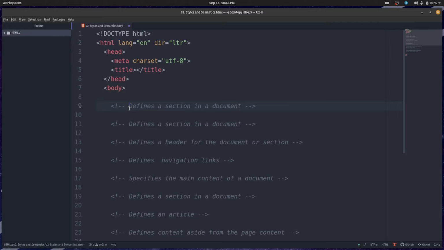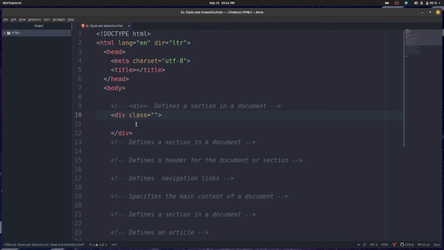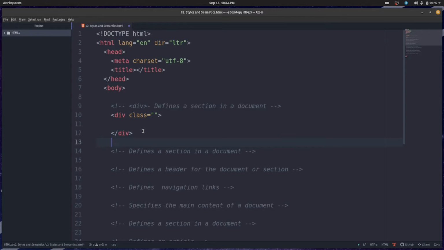The first thing we are defining is our div section, the div tag. The div is actually defining sections in a document. Basically if you write the div tag, it comes up with the class sections, which we'll write later on. Right now we are giving the basic div tag